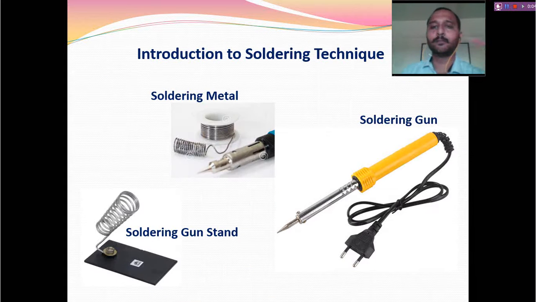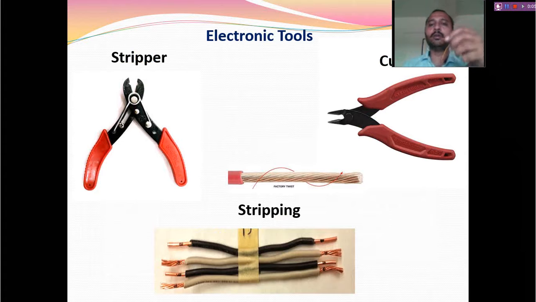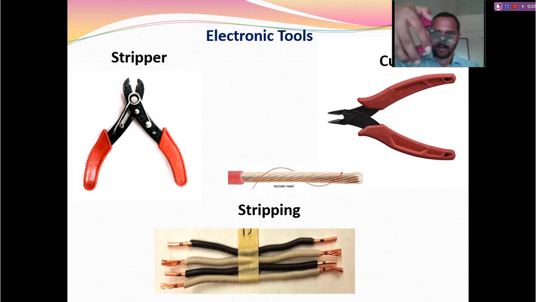If you see this, a bunch of wire. Now suppose I want to use this wire as a conductor, and somewhere in the circuit I want to connect 2 points by using this wire. How should I connect it? Once you remove the insulation, and how to remove it, one more time I'll show. See, I hold the stripper like this, and into the notch I will insert the wire.